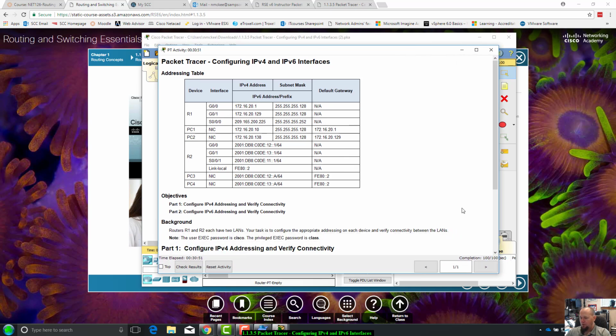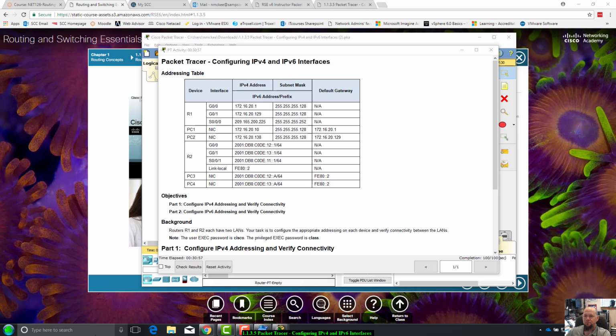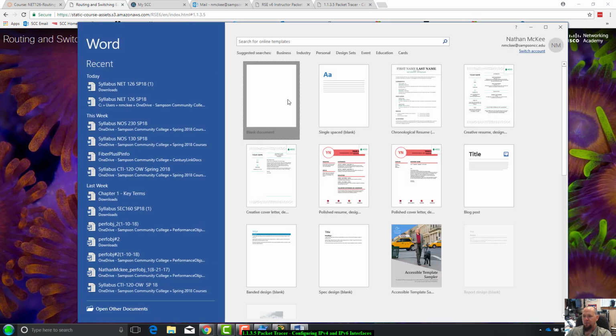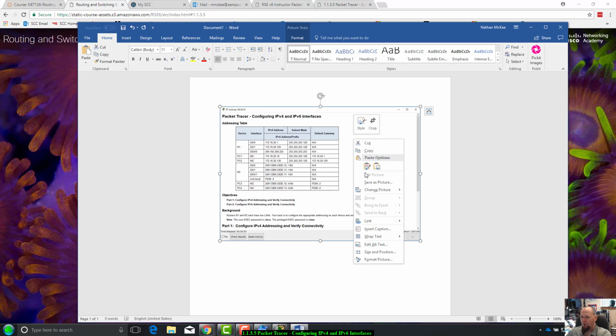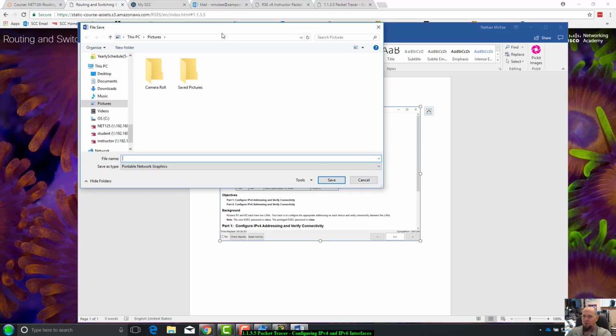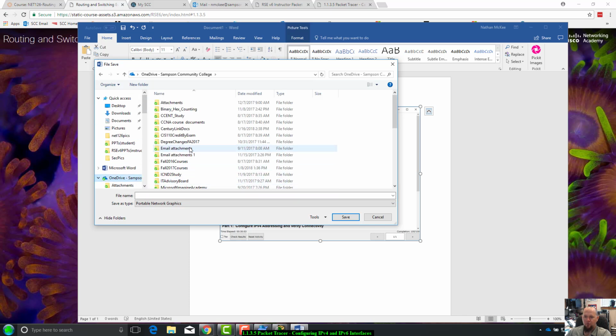All right, I'm going to do Control-Alt print screen, go to Word. This is how I do it. Blank document, Control-V. Alright, you can see that good. Okay, I'm not going to save this whole Word document. I'm just going to right click, save as picture. Alright. And I want to save this to my OneDrive under